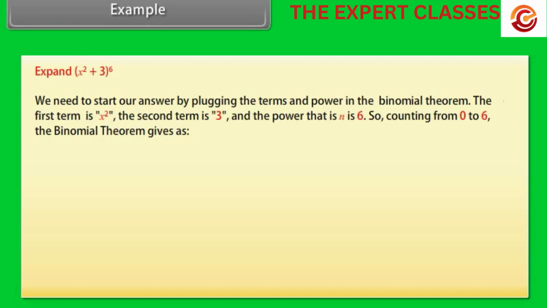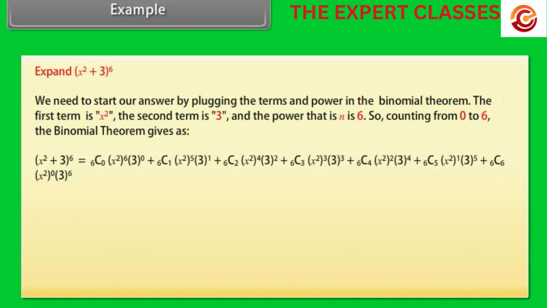So, counting from 0 to 6, the binomial theorem gives (x square + 3) to the power 6 equal to 6C0 into x square raised to power 6 into 3 raised to power 0 plus 6C1 into x square raised to power 5